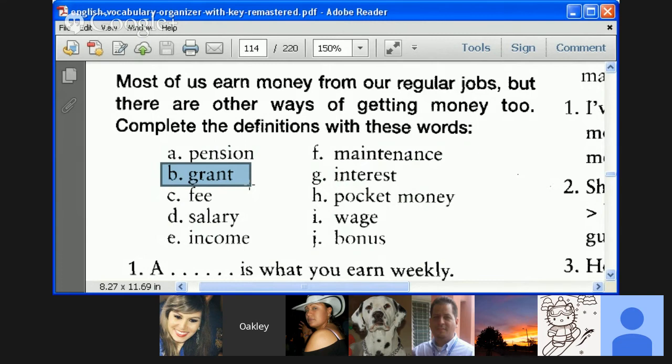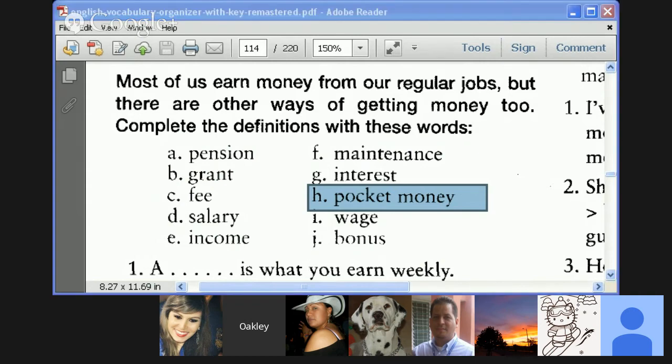Italo, what would you give your kids? You wouldn't give them a grant. Grants are usually like $100,000 or $1 million or something. Maybe 50,000. Okay, pocket money. Maybe. Pocket money? Yeah, absolutely. Here's some pocket money. Any time a parent may say, here's 20 bucks, have fun at the movies. You may give your kid pocket money. Sure. That's like one-time giving them money.